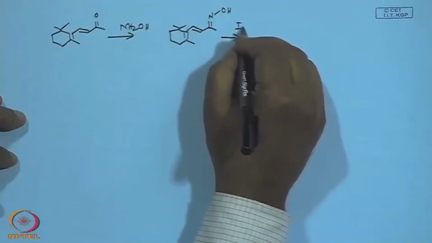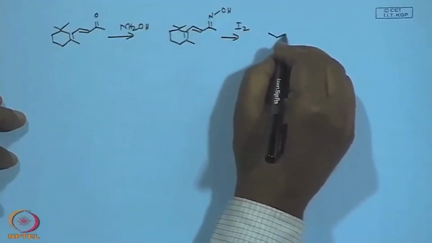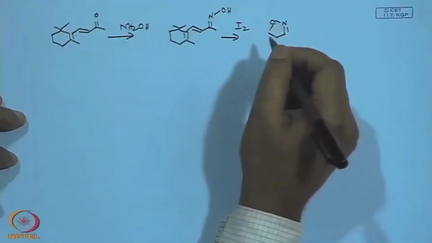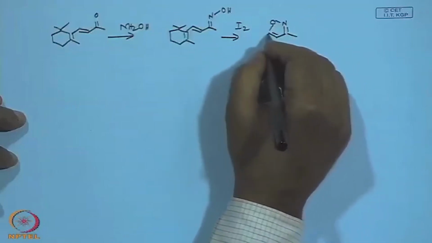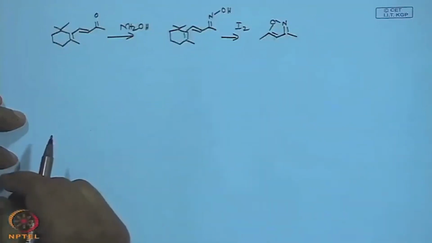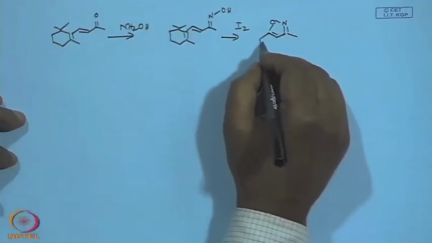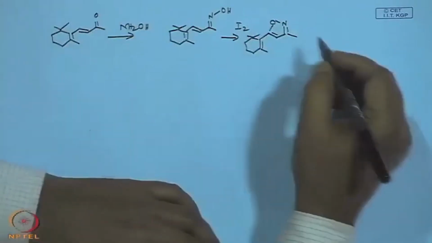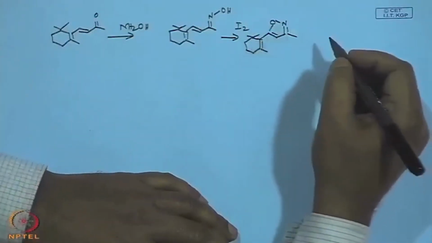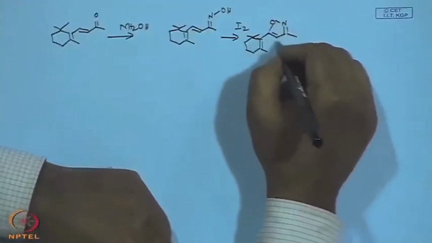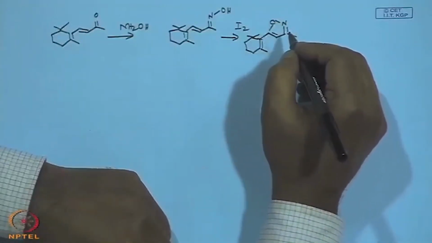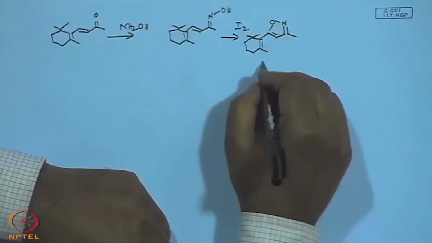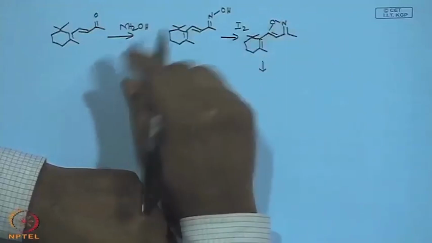Then if you treat this with iodine, actually it forms isoxazoline, and you have a double bond, you have a cyclohexane ring system and this thing. Now we have generated basically a new heterocycle, isoxazole, and if you want to reduce this selectively, this one,